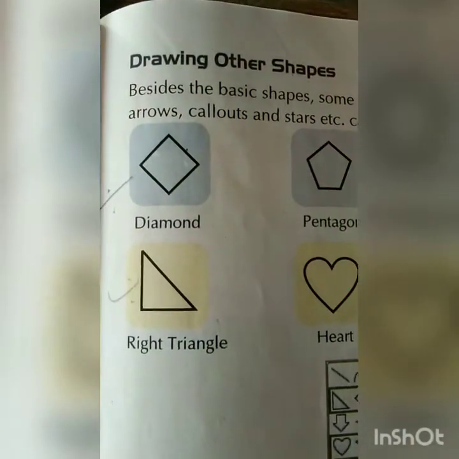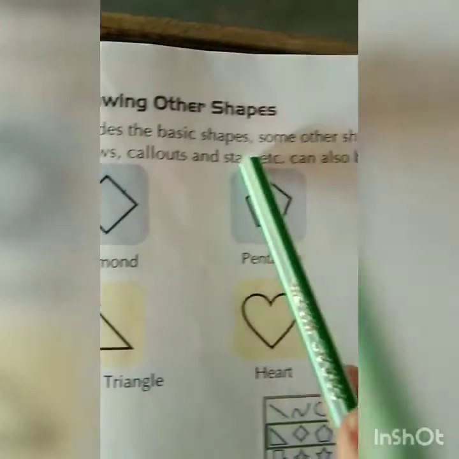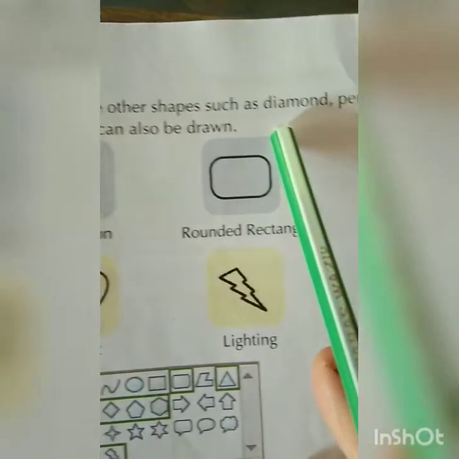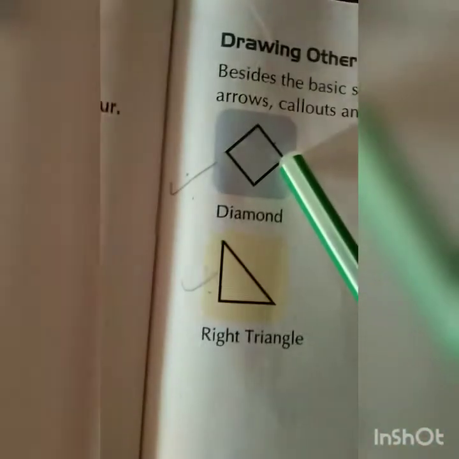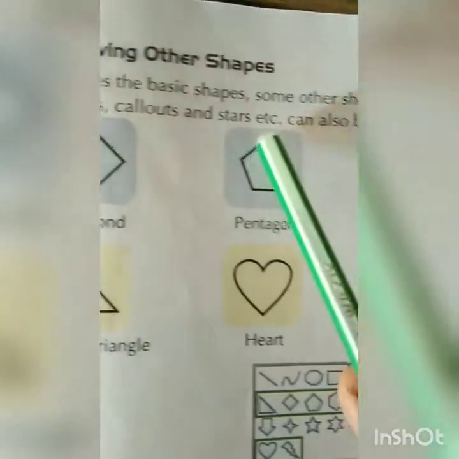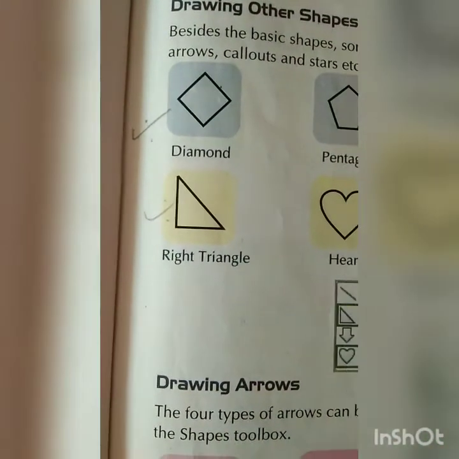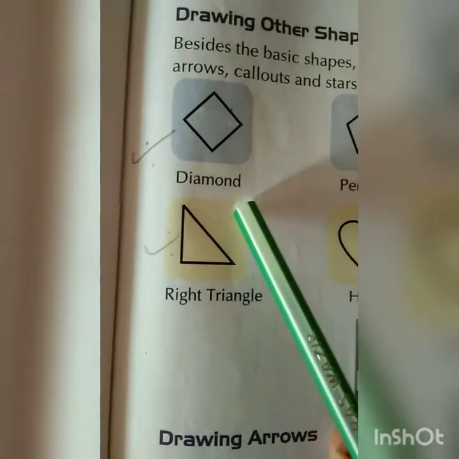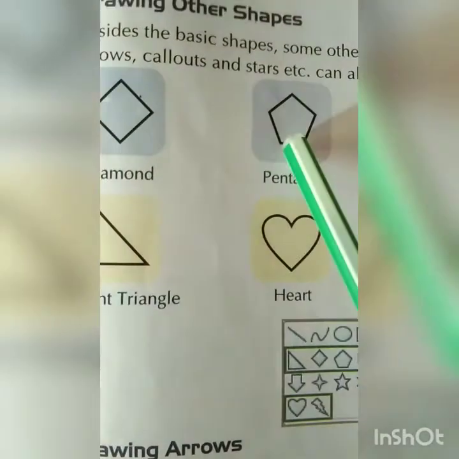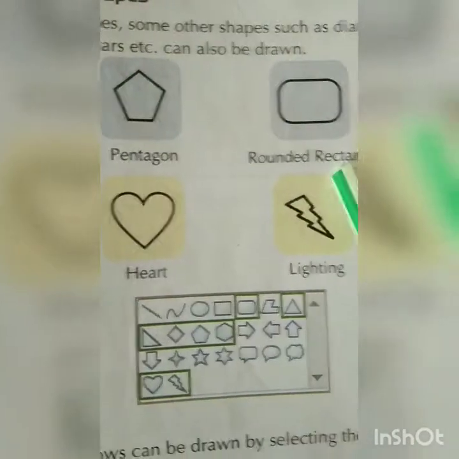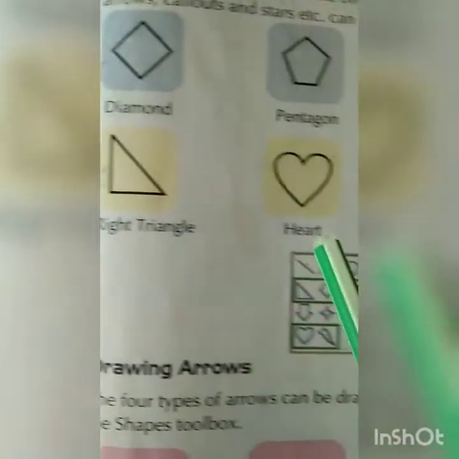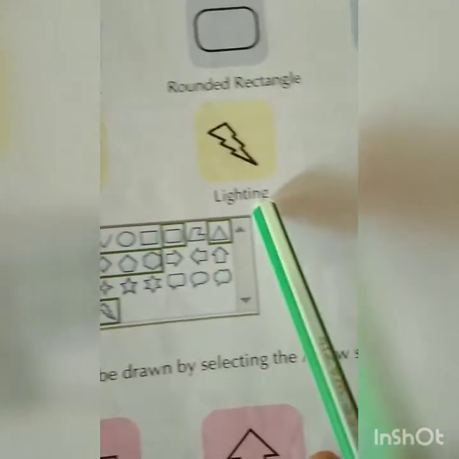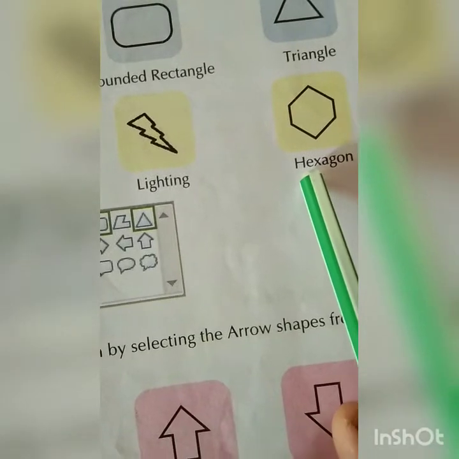Now the next shapes we are going to see on page 45, drawing other shapes. You can take other shapes also. Besides the basic shapes, other shapes such as diamond, pentagon, arrows, callouts and stars can be drawn. Here are a few pictures given on page number 45 of your textbook: diamond shape, pentagon with 5 sides, rounded rectangle, triangle, right triangle, heart shape, lightning and hexagon.